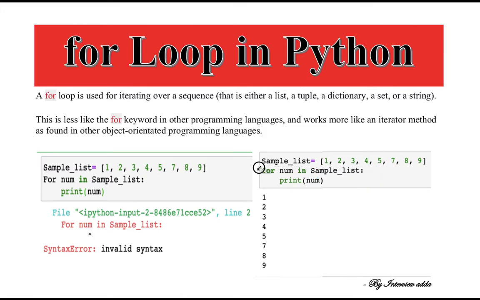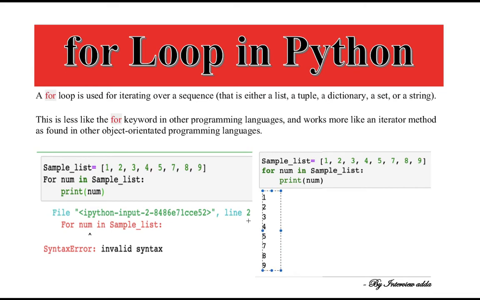We have to use the for keyword first, then specify a variable name. This can be underscore, xyz, anything as per your own use case. Here I have written num as the variable name. This variable will be responsible for iterating through all of the elements of this list, which is sample list. Then we write the in keyword, then the list name. If you print num, you will get all elements of this list. So this is the basic syntax of a for loop.